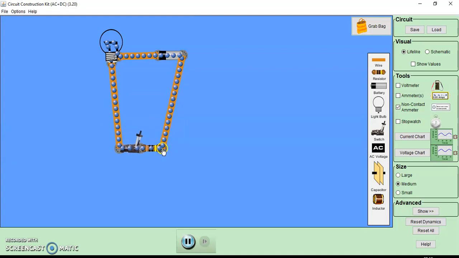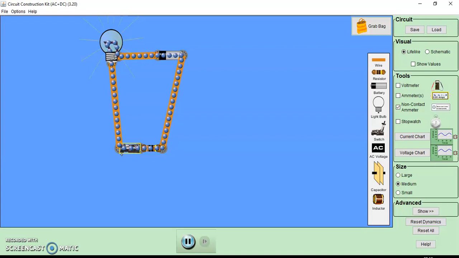Now students, you can see there are electrons present throughout the circuit, but there is no current flowing as yet. Electrons are not moving at all. To make those electrons move, I have to close the circuit. What you can see here, this switch is open. So if I close this switch, now you can see the electrons have started moving in a particular fashion.